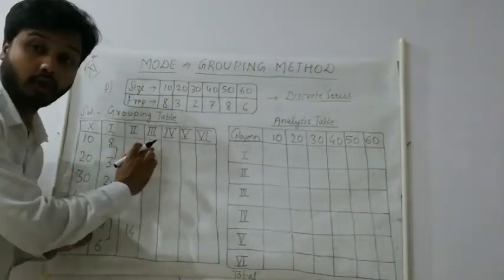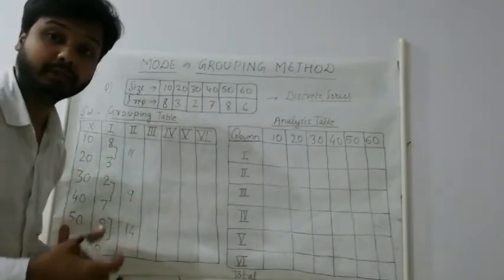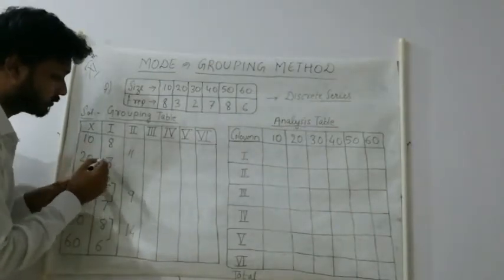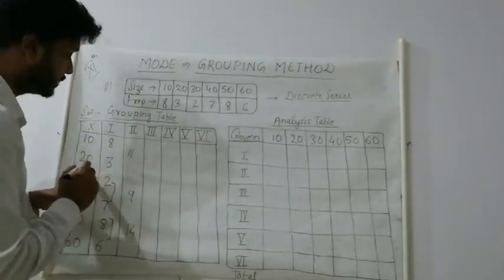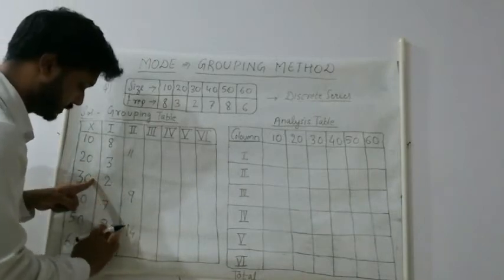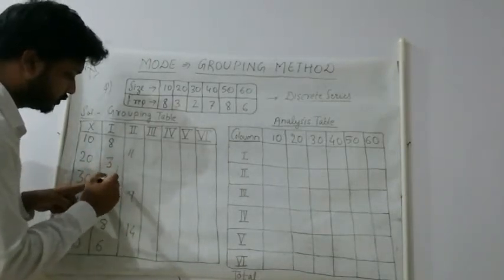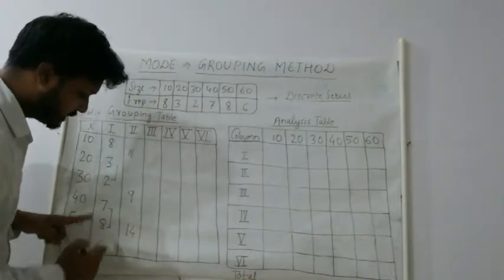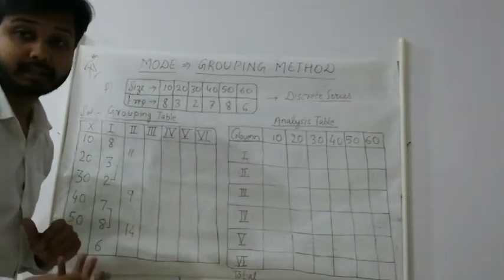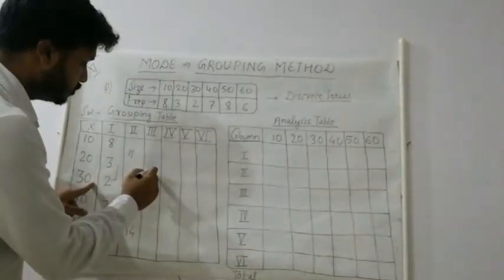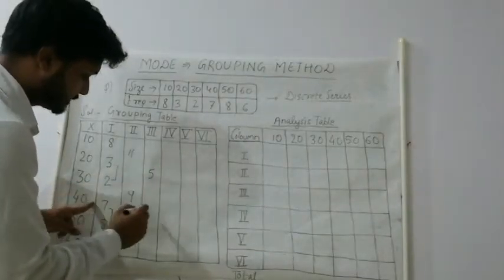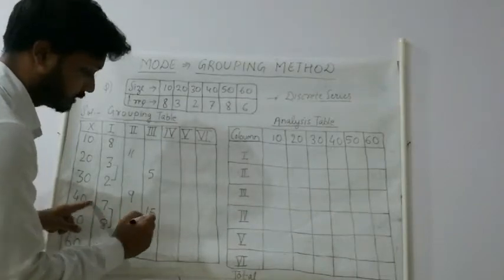Then in third column again we will make pair of two numbers, but this time we will not start from first number, we will start from second number. Okay, this thing you will have to remember. So now these two numbers will be included, these two numbers, and at last you can see one single digit is left. Okay, so no pair will be made. 3 plus 2 5 here, and 7 plus 8 15 here.